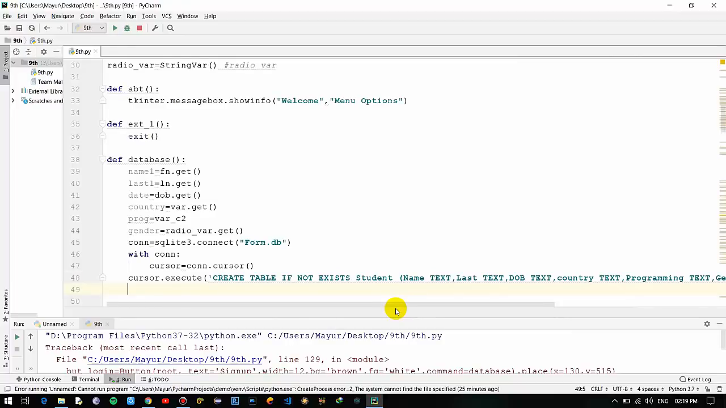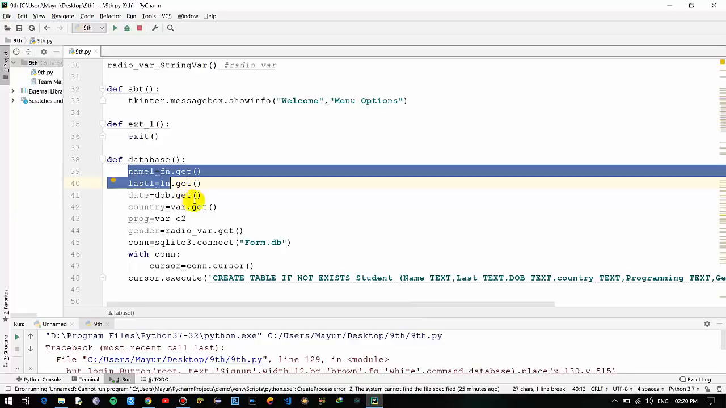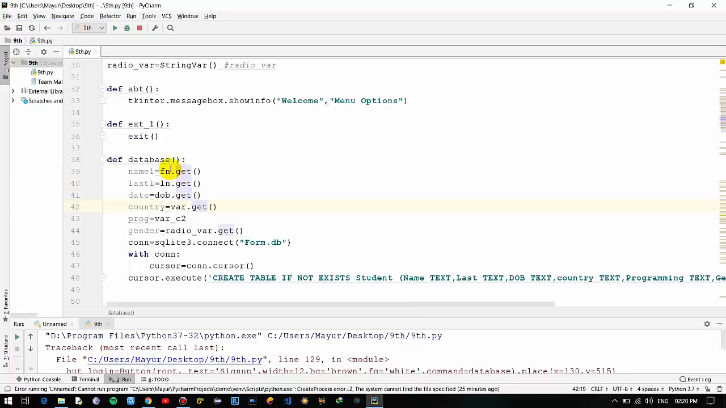Now we'll move on to inserting the values that we are fetching from here. For example, here we are taking the variables name, last, date of birth, and we are using the get method to get that data from the widgets which are being used in the Tkinter interface. So follow along. Same procedure, we'll be using cursor dot execute, and for the insert, using insert into student, the table name,